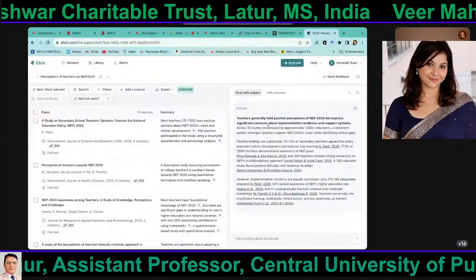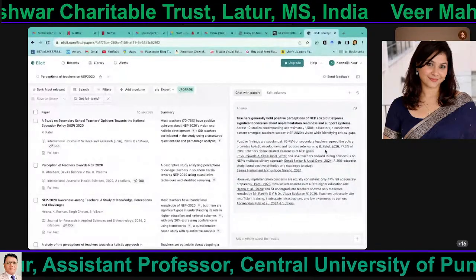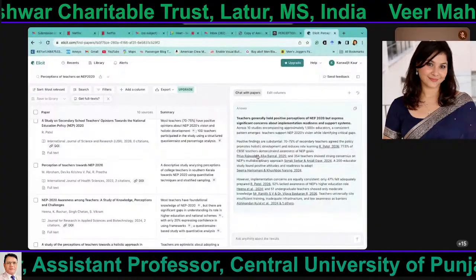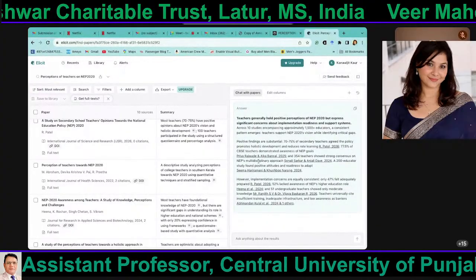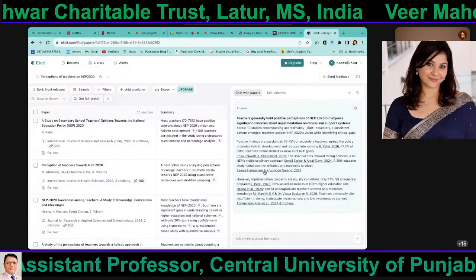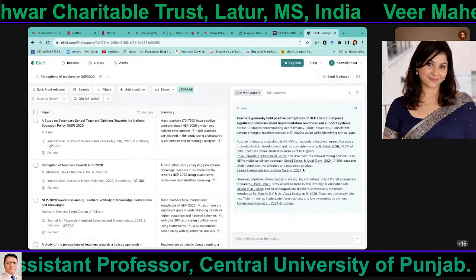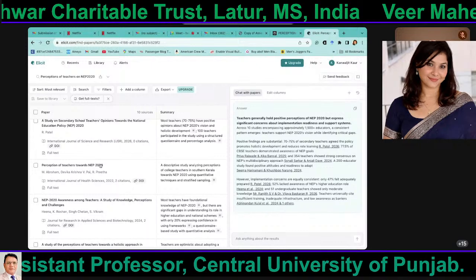तो ये जो पूरा summarized version है, that is a base. See, यहाँ पर citation है, R. Patel 2026. 77.5% of CBSE teachers demonstrate awareness of NEP goals, and 305 teachers show strong consensus on the NEP multidisciplinary approach. A 200-educator study found positive attitude and readiness to adapt. So see, this is the whole summary of the 10 sources.